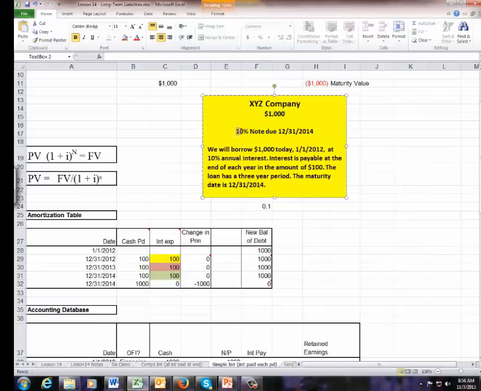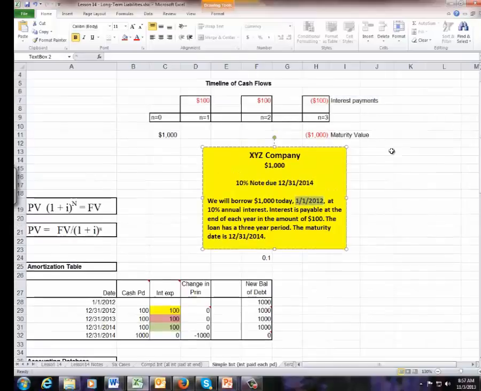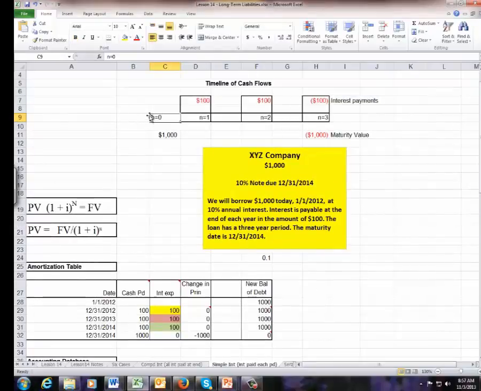The interest rate on the note is a 10% contract or coupon rate or a nominal rate. Same thing. Now, if the $1,000 is borrowed today on January 1 of 2012, then right here at period n equals 0, we have January 1, 2012. At the end of 2012, we come to this point in the timeline, the end of 2013 right there, and the end of